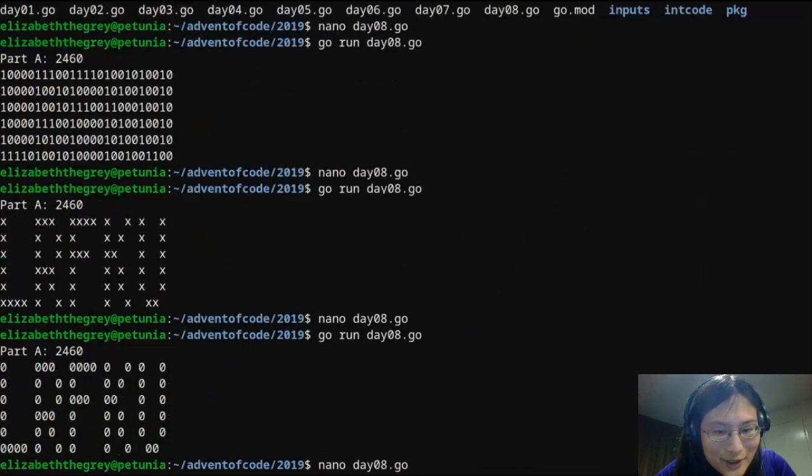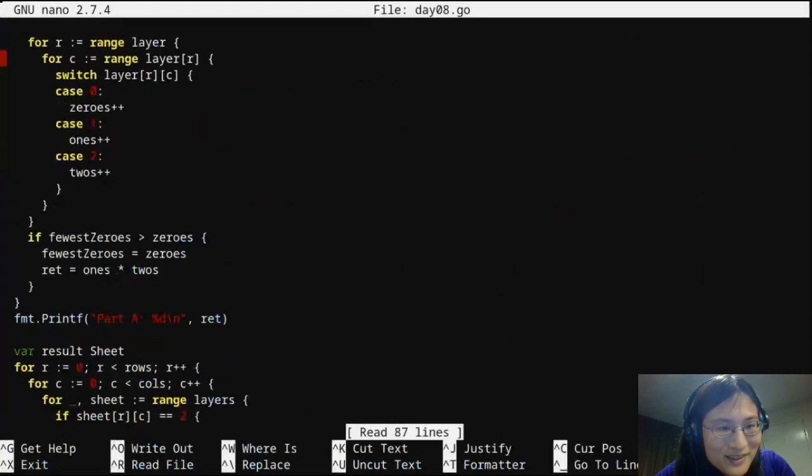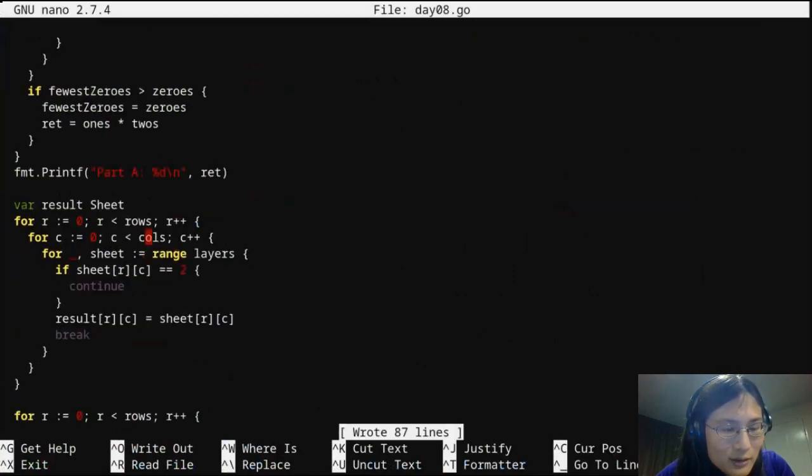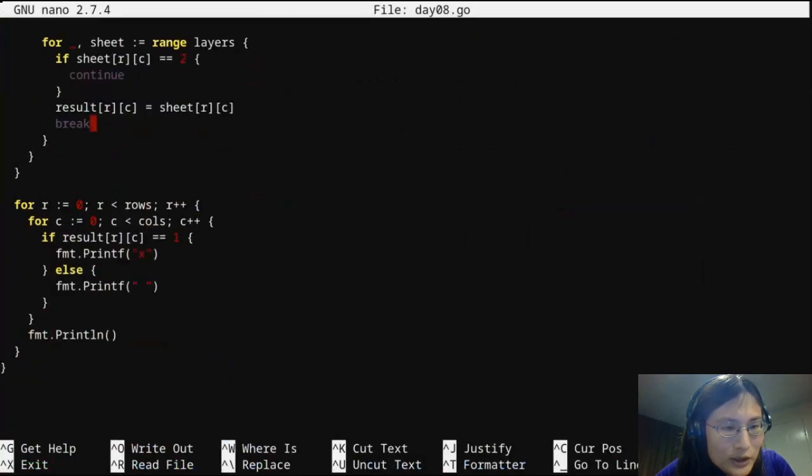No, it's clear with the X character. Okay. Fine. That makes sense. That's good. And probably the optimization I could do is literally, yeah, let's do it this way. I think it makes sense to do it better this way.